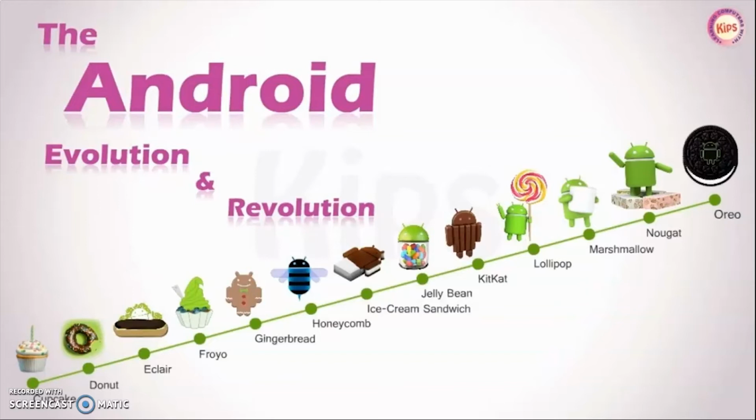The Android open source project was introduced by a California based company called Android. This company was bought by Google within 2 years of its launch. This Android operating system is based on Linux. The source code of the Android OS is released under an open source license by Google.